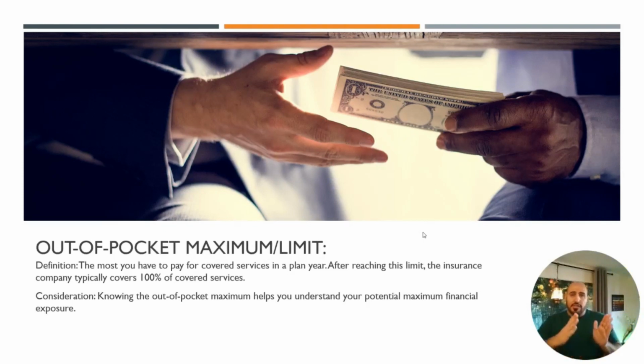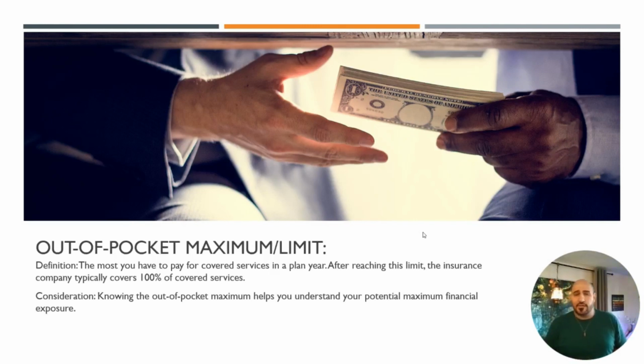So with the deductible, they don't pay at all until you meet it, right? So you pay 100%, and then after you meet the deductible, you start paying, let's say, 20%. The accumulation of all those 20% plus the deductible, if it reaches the max out of pocket, after that, if you go to the doctor, they will be covering 100%.